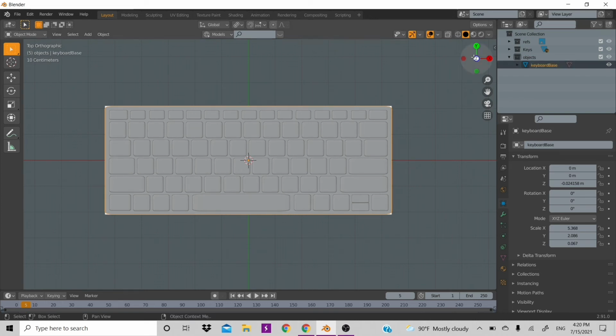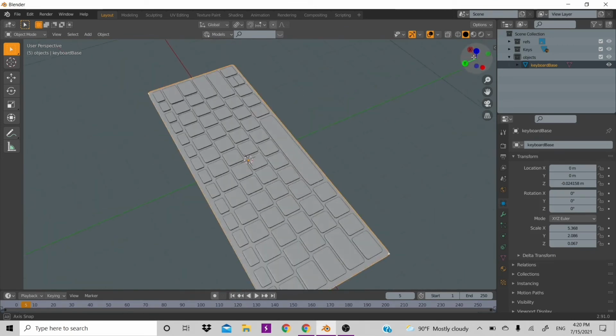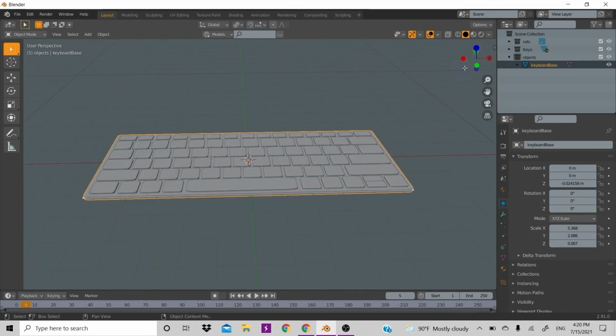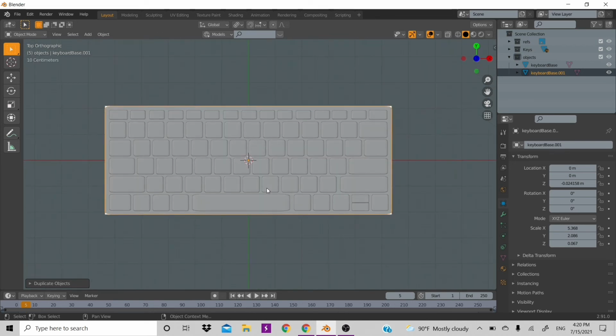And yeah, we have our keyboard complete. But we still need to make the laptop part, and that's going to be really easy. All you're going to have to do is hit Shift D and then right click. Right clicking is so that you don't have to move it anywhere. I mean, you can left click, but right click is to make sure it's in the same position as whatever you duplicated. So now you hit 7 on your numpad,